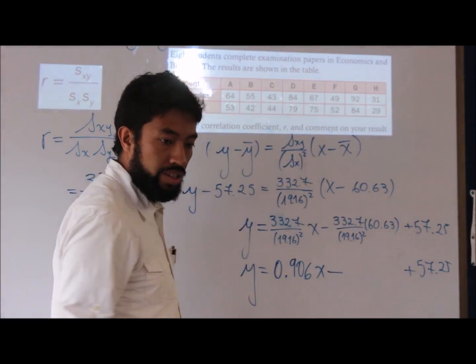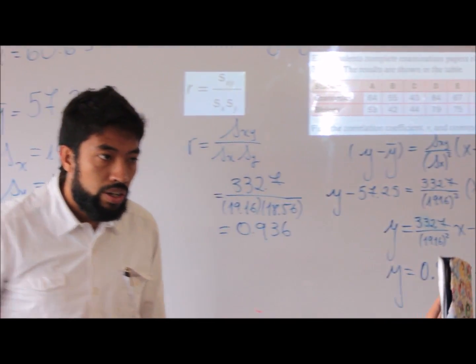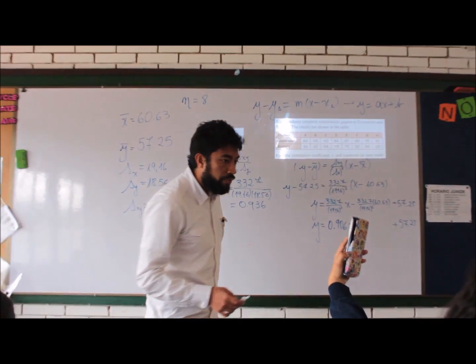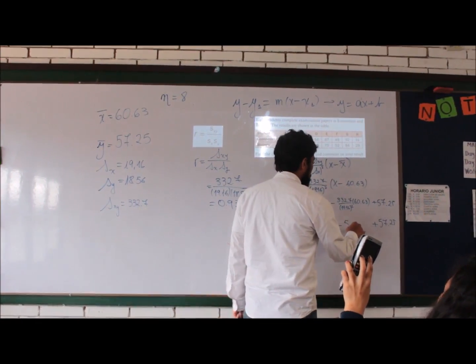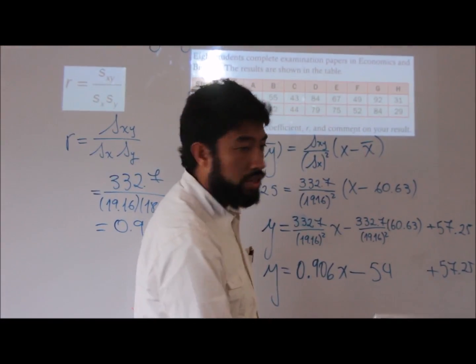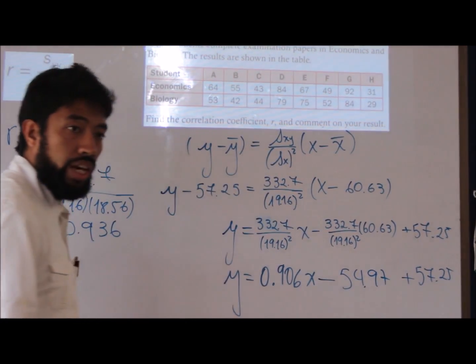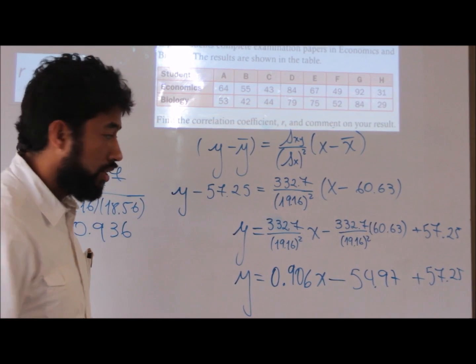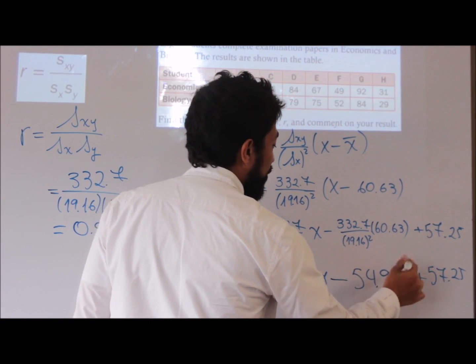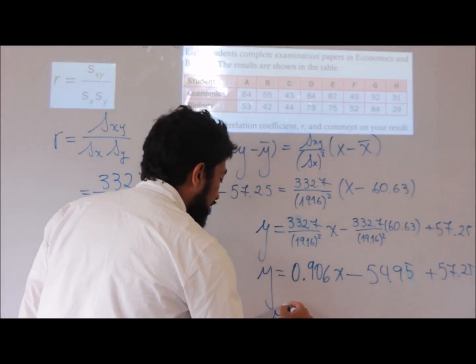Tell me. What number? Teacher. Negative 54.94. Why not 95? 95. Sorry. And finally,